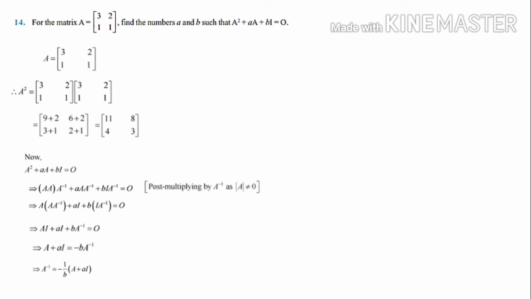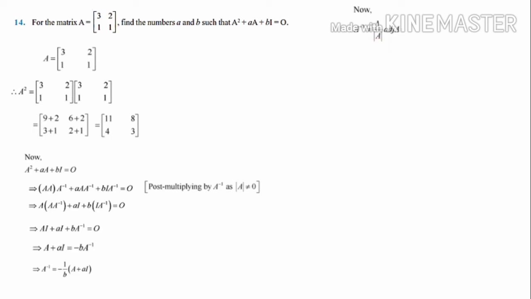Next we have to calculate A inverse by using the formula, because a matrix A is given to you. By using this matrix we have to calculate A inverse. So A inverse is equal to 1 by determinant A into adj A. Here I am not going to calculate determinant A and adj A separately, because a simple matrix is given to you. We can calculate by using shortcuts. Adj we know how to calculate by using shortcut, simply interchange the first diagonal elements and for the second diagonal we have to change the sign. Then we will get adj A.